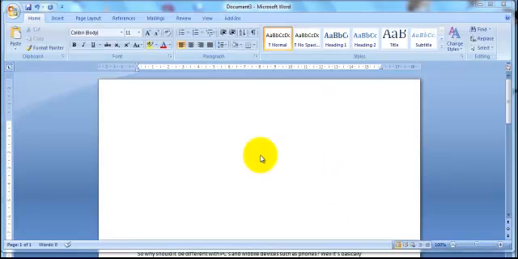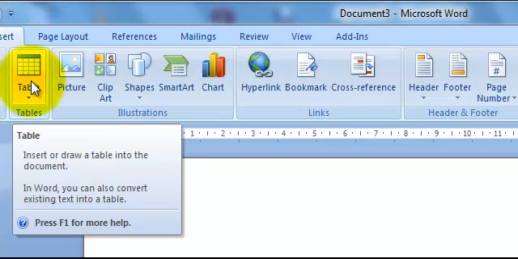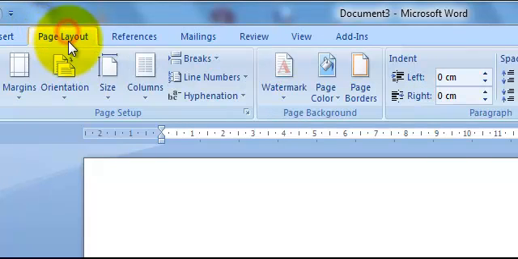The next area to look at is the ribbon. The ribbon is a collection of commands and dialog boxes, which is how you control what Word is doing. You have a number of tabs here, so you have the Home tab, you have the Insert tab, which allows you to start inserting things like tables and pictures and clip art, etc. The page layout, margins, whether it's landscape or foolscap, and various other things,